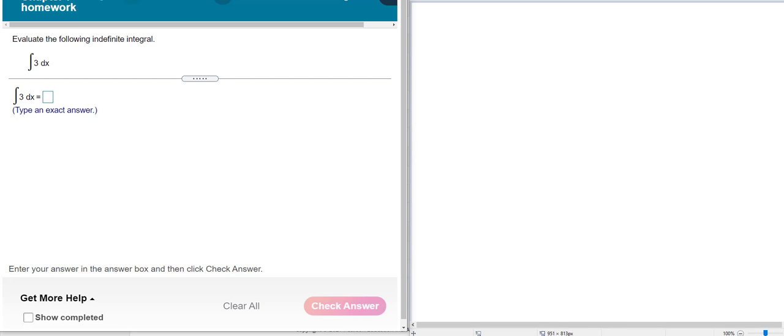So in this unit, we're doing the reverse of what we were doing prior to now. We're going to try to find the original function given that we've already gotten the derivative. So if you see something like this, integral 3 dx, that means the derivative with respect to x has already been taken. So if you think about that, that has to be a 3x, because if you take the derivative of 3x,